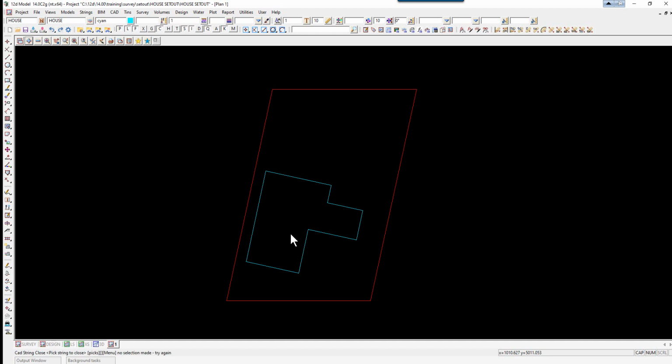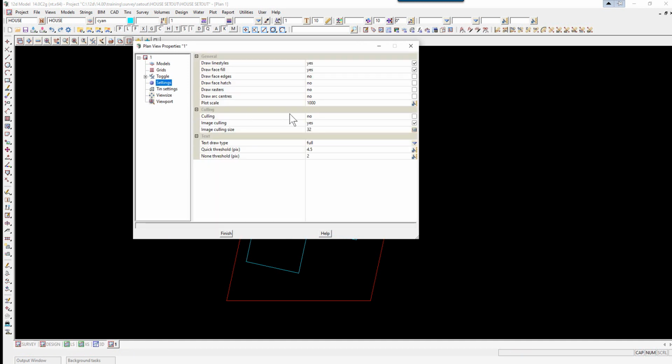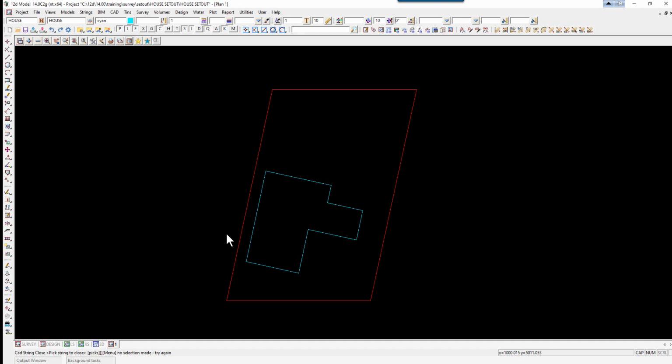We can also dimension these offsets. So to do this, we're going to firstly go up to our plan properties icon, and we're going to set our plot scale under settings, our plot scale to 250. This ensures that the text will be at the right height if we were to plot this out. We then change our model name in our CAD control bar to text dimension. We change the color to white,